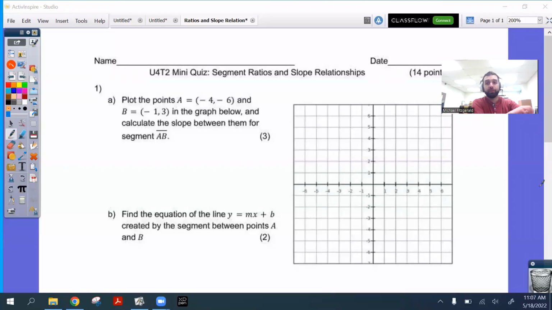All right, for those of you who had trouble with today's quiz, I hope this will help for your retake, which will be hopefully as soon as possible. Okay,